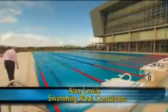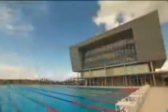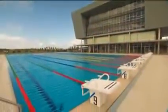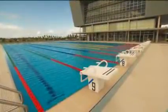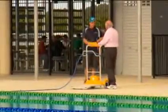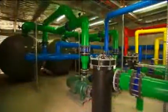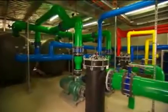My name is Alan Lewis. I'm a pool consultant. My original discipline was architecture and town planning. Today I've specialised in pool consulting and in pool chemistry in order to be able to refine and improve the disinfection of pools wherever they might be in Australia and in the world for that matter. Ecoline first came to my